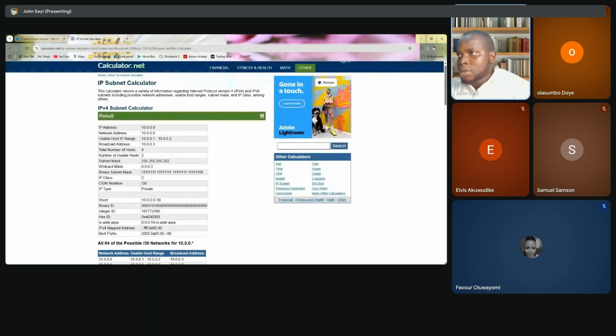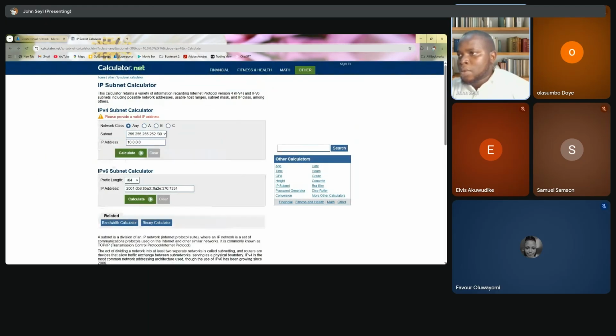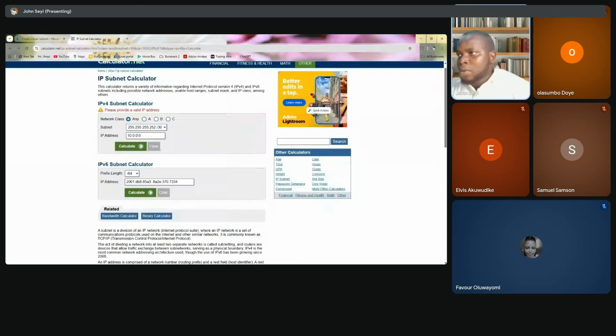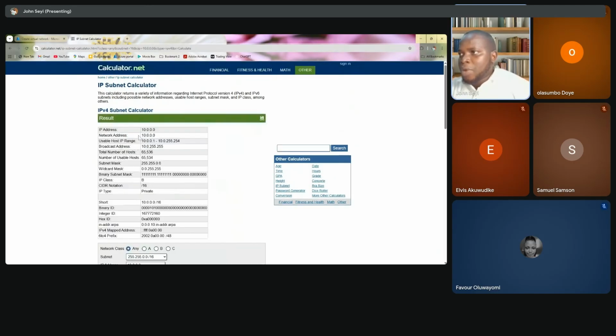Let me use the one I can select. I want to use /16. Calculate. So if my IP address is 10.0.0 and I'm using a /16, I will get this amount of IP addresses, total amount, which is 65,536, and the usable ones are 65,534. So I talked about something earlier on last week, and I mentioned that the first IP address and